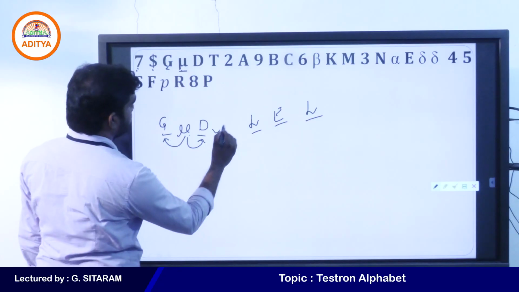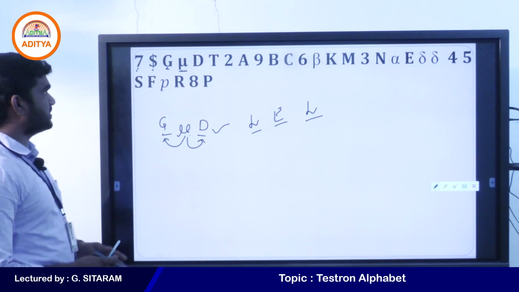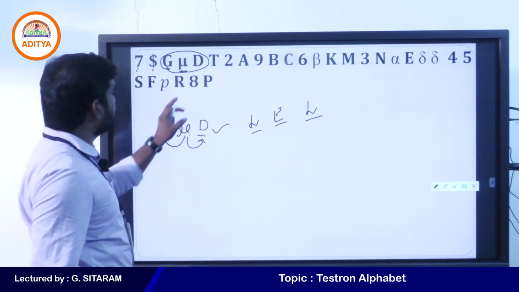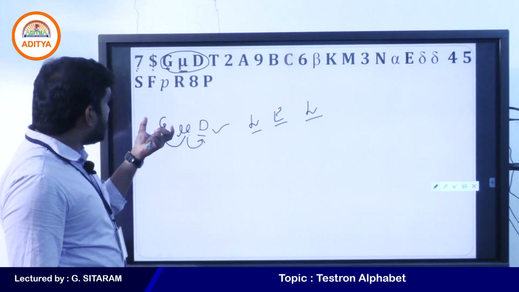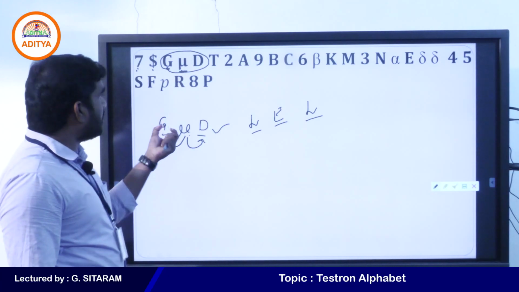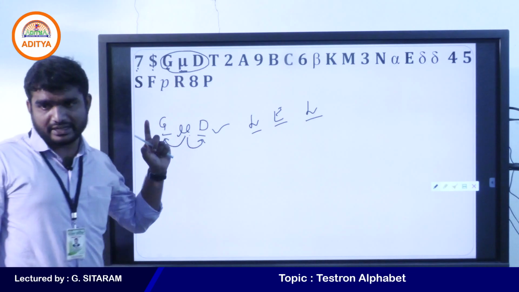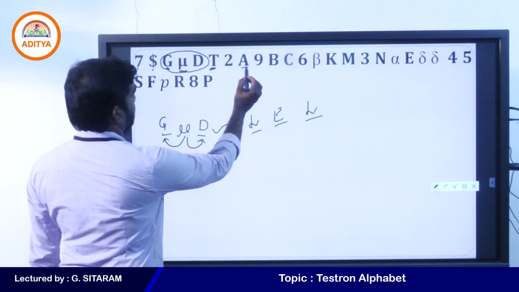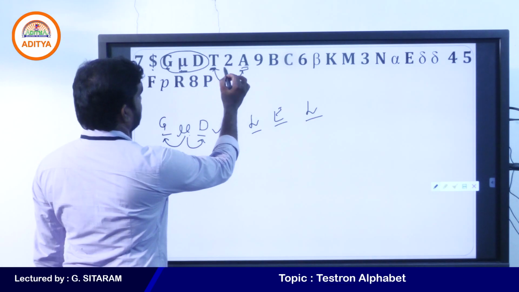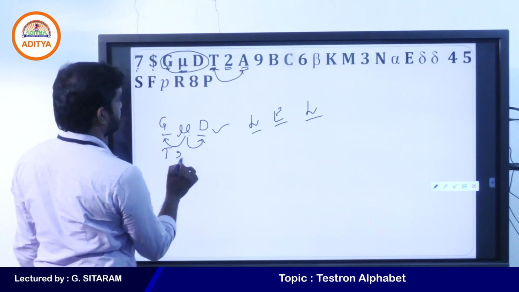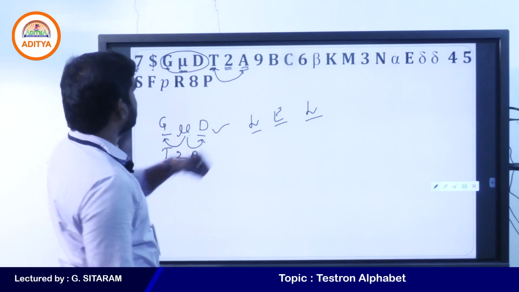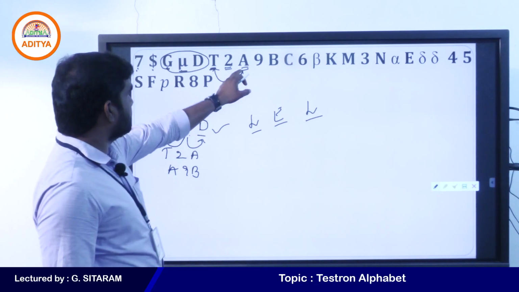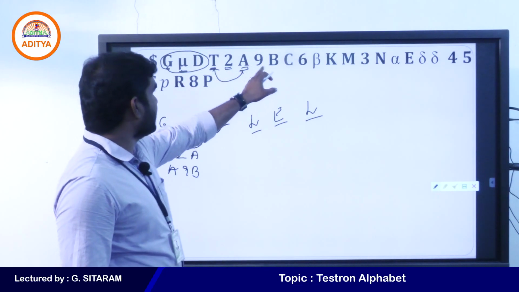Okay, shall we take this? G mu D. This is the first one, you can take it. Then you can count like this. Two alphabets are there, in the middle of that there is one element, so you can take it. Here a letter is there, A is the letter. In the middle of that there is an element, so you take it like this, T to A. Then A9B. Anything I have missed? T to A, A9B.